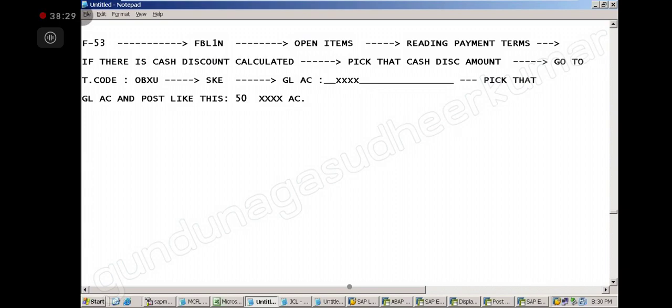There will be one GL account there. Pick that GL account and credit it with that amount. So this program is already written.